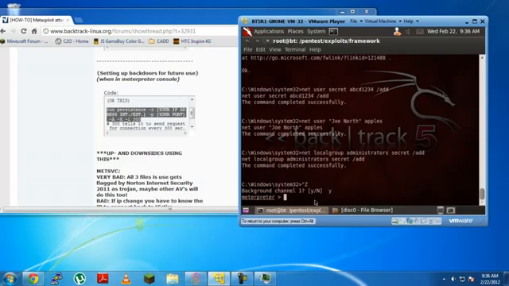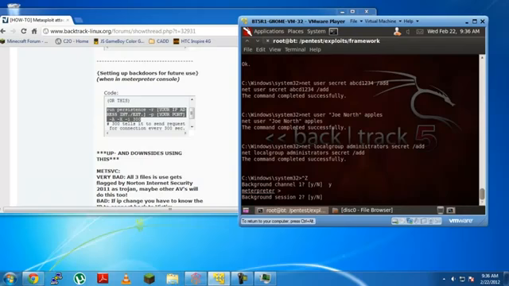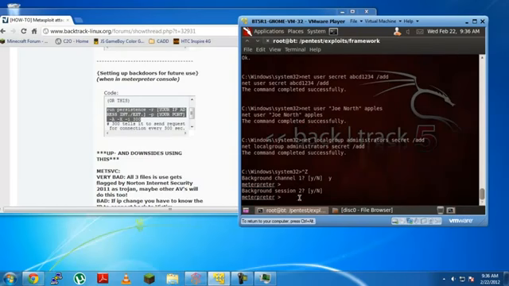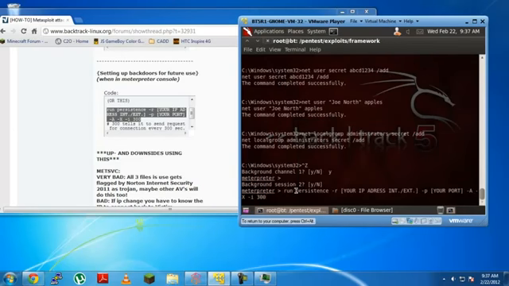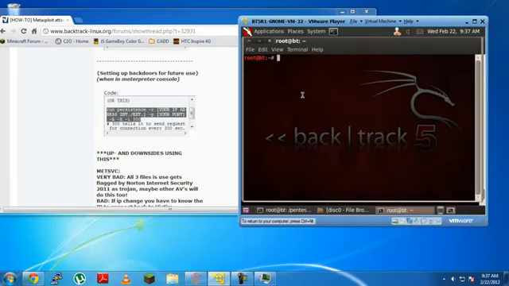And what this is going to do, it is going to run this script called persistence, and as you'll see in a second, what it does is, sorry, one second. What it does is it